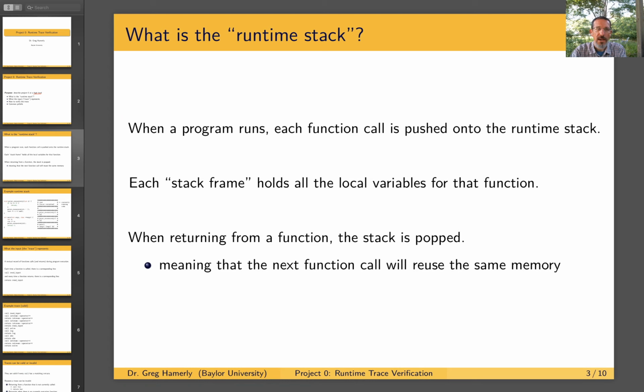The runtime stack is something that every executing program has. When a program runs, every function call is pushed onto a stack known as the runtime stack. And what is pushed onto the stack is actually something called a stack frame. That's an area of memory that's reserved on the stack that has enough memory to hold all the local variables for that function. We'll talk about this more in a later lecture, but the runtime stack carries